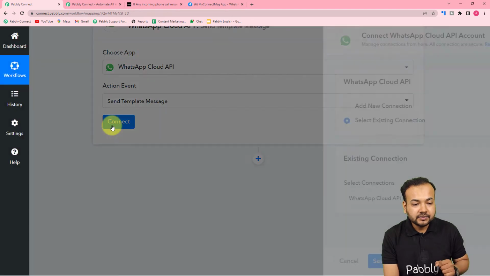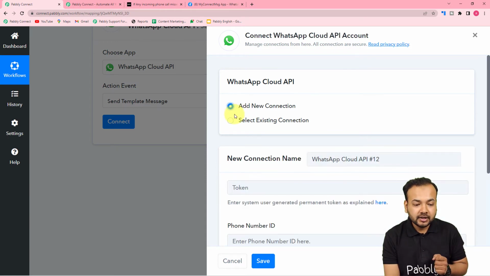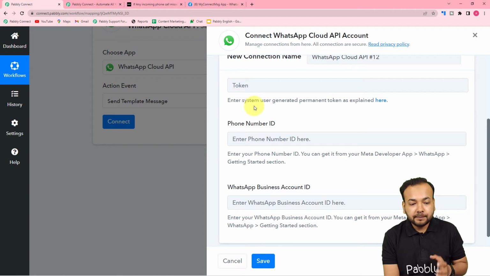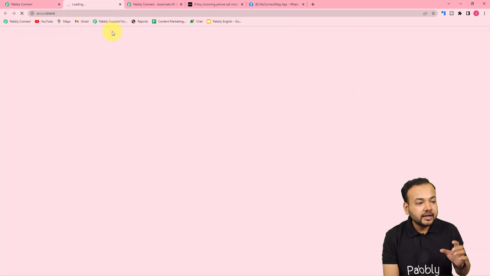Then click on connect. And from this window, if you are making the connection with Cloud API for the very first time, you have to select this add new connection option. And here it will ask for the permanent access token of your Cloud API setup, the phone number ID, and the WhatsApp business account ID. All right, if you want to know how to find these things, you just click here. You can see this here word in the blue color, click on the here word